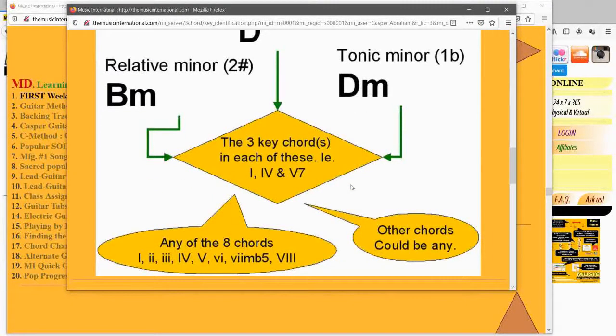Then you could play any of the eight chords. The three chords which you would use are the D, G, and A7. But if you wanted other chords that are likely to come up, it's interesting to see that you could use any of the eight chords and they would not be accidentals. That's why we use these Roman numerals for describing that. While I describe the first as being D, the fourth as being the G, and the fifth dominant being the A7, now a two minor means next to D,